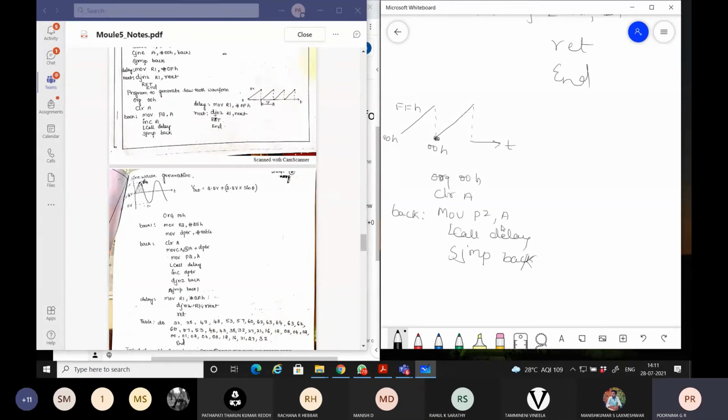But there is no instruction here, increment A should be there, so that it will go positive and it will come to 0. Again it will be going again and again. So for the delay program, I will be writing move R1, comma, #0FH, DJNZ R1, comma, next, and then that next will be to the same instruction in the program. So this is how you will be creating this type of waveform.